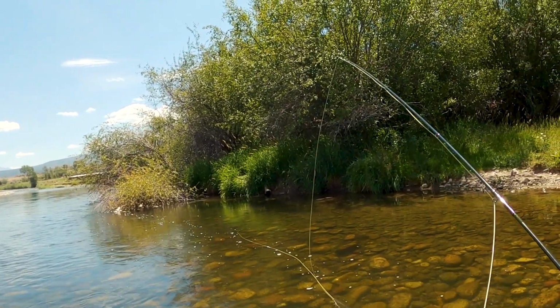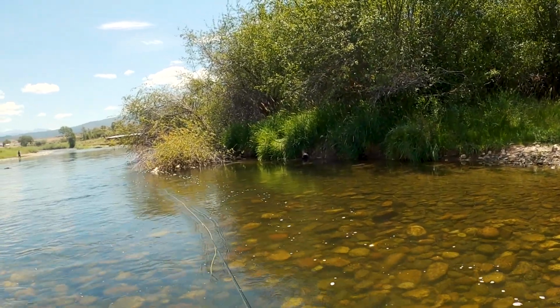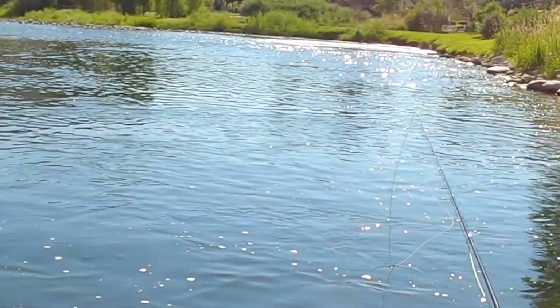Make your false cast to the side where they're rising, and when you have enough line out, you can send your cast to your target. When you have your distance down, now let's cast 3 to 4 feet above the last spot you noticed to rise. This might sound like overkill, but when a fish comes up to the surface, the water pushes them back